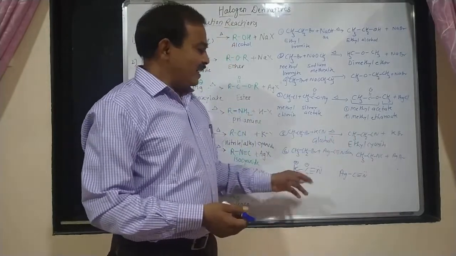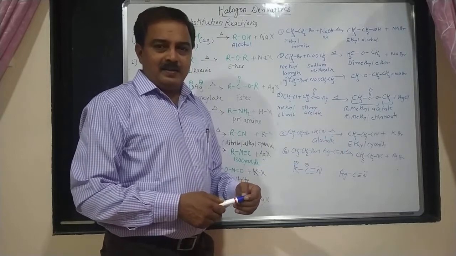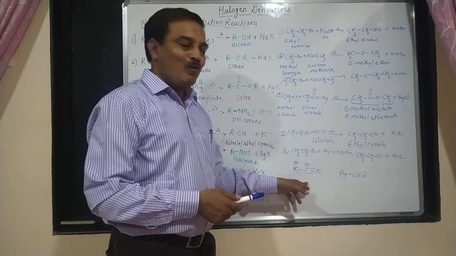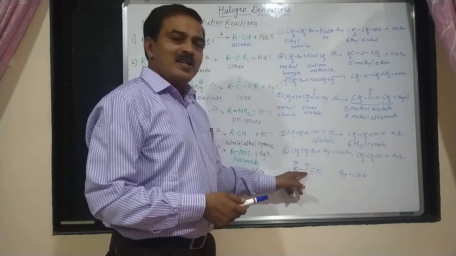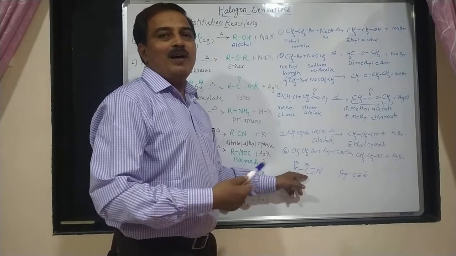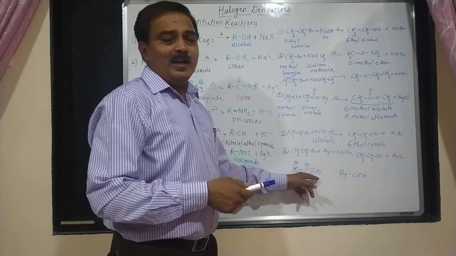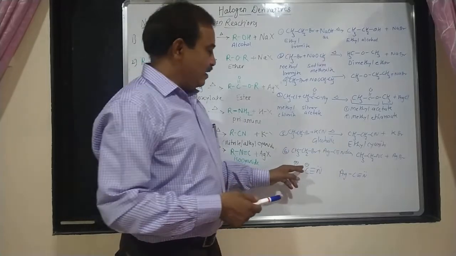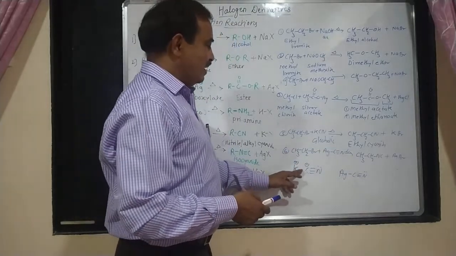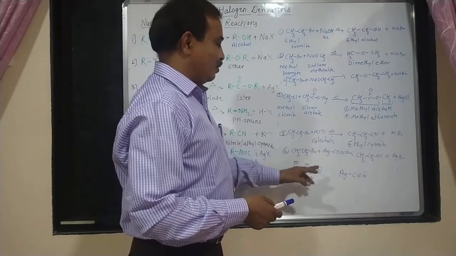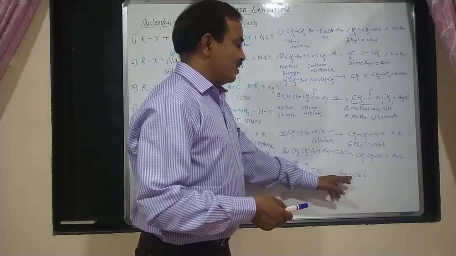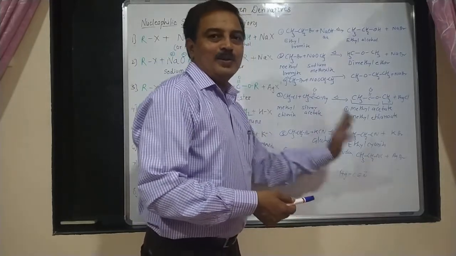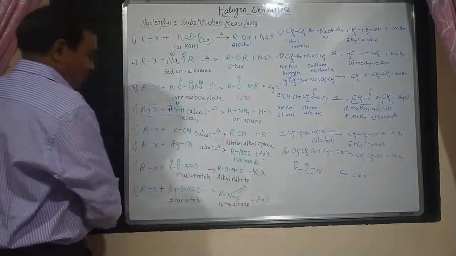Okay, this cyanide is an ambidentate nucleophile. Why is it called an ambidentate nucleophile? Because both these atoms have a pair of electrons available for donation. There are two atoms which can be used to donate a pair of electrons. Therefore, where the ionic bond is there, carbon will react with the alkyl group. In this case, as the covalent bond is strong, nitrogen will react with the alkyl group, so isocyanide will form.